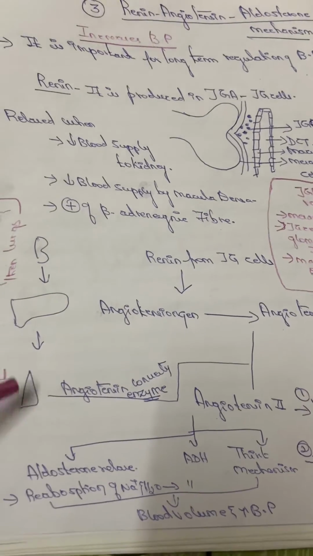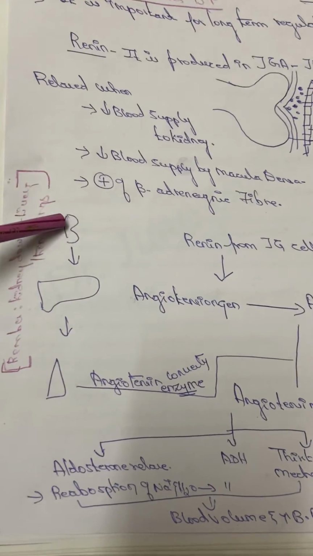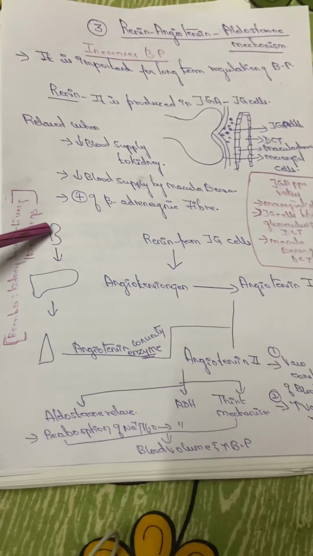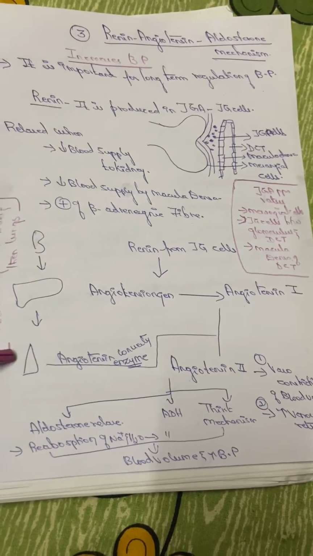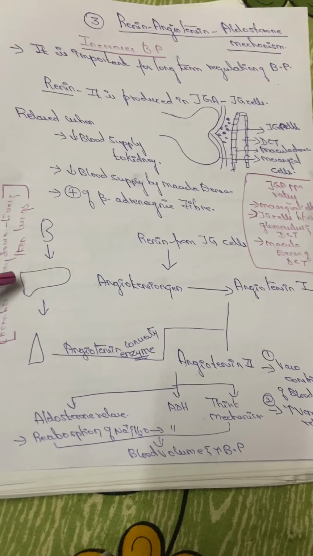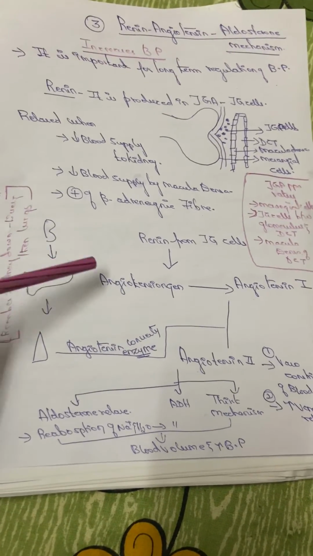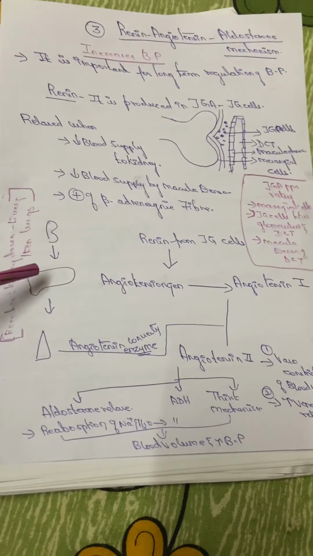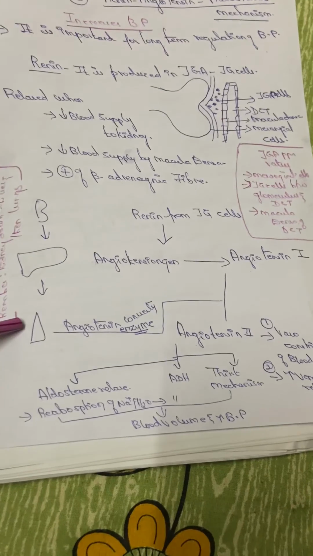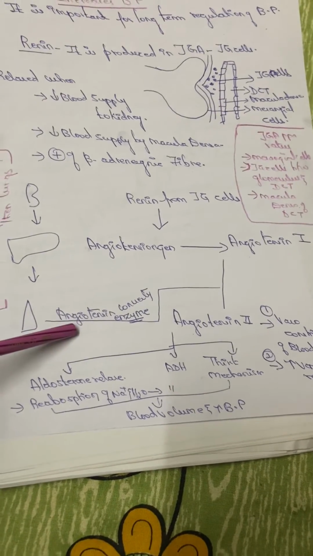So how I remember is, we come from the lower part: here is the kidney where the renin is getting secreted. We always tend to get confused whether it is from the liver or the kidney. So we can remember that above the kidney is the liver. So we can remember angiotensinogen is produced from the liver, and from there it is coming up to the lungs where the angiotensin converting enzyme is produced.